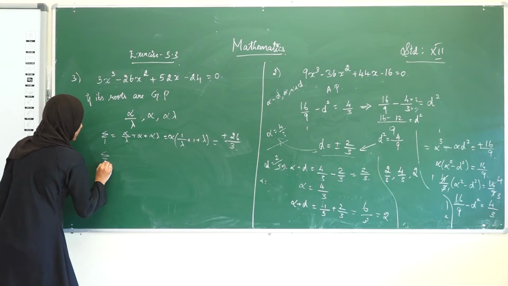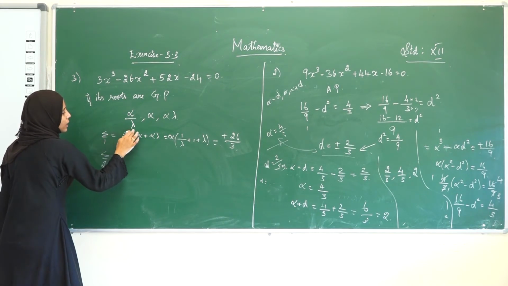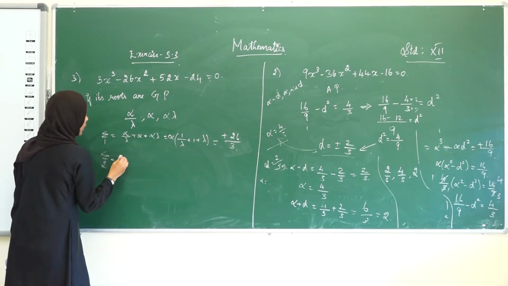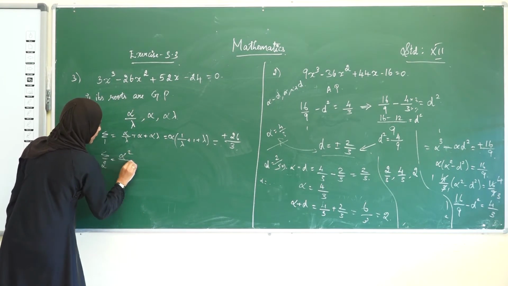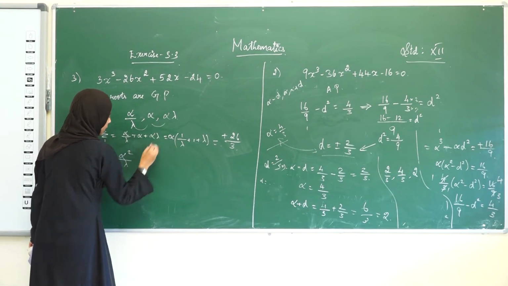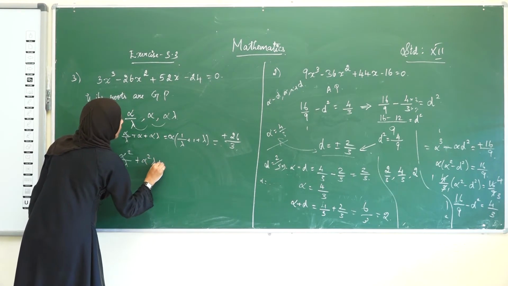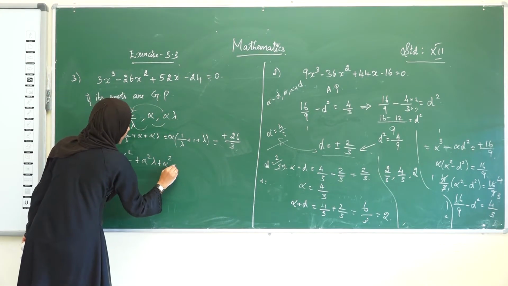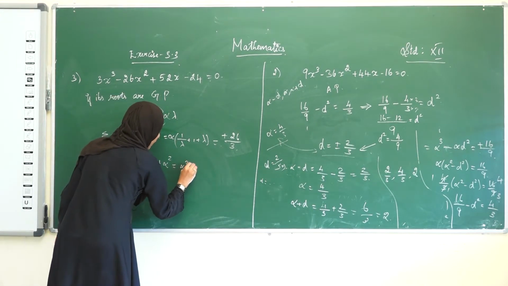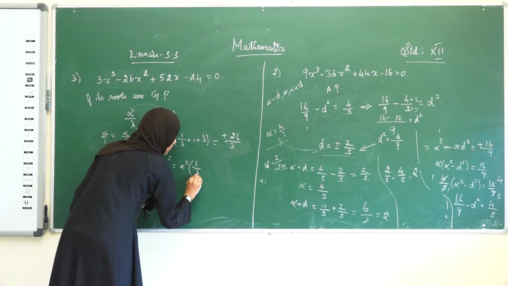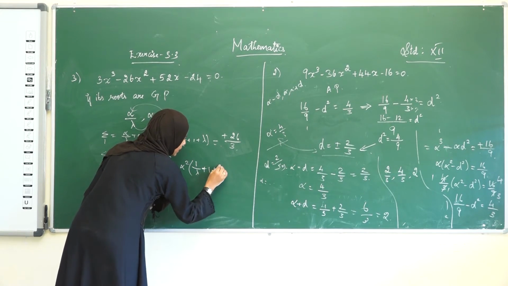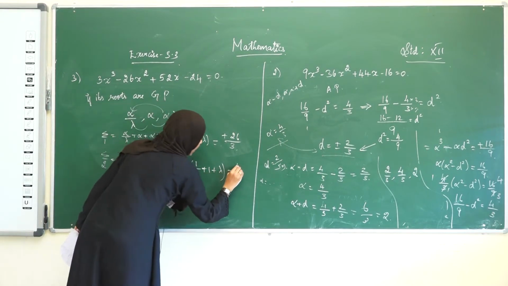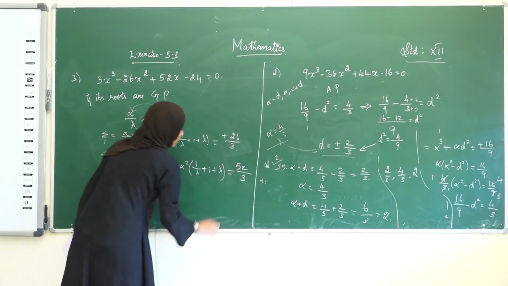And then summation 2, that is the sum of the products of the two terms. Alpha square divided by lambda, when we multiply the first and second terms, plus alpha square lambda, and then for the last pair we get alpha lambda times alpha divided by lambda, where lambda gets cancelled, giving alpha square. From this we can take alpha square outside. We get 1 by lambda plus 1 plus lambda, which is equal to 52 divided by 3.